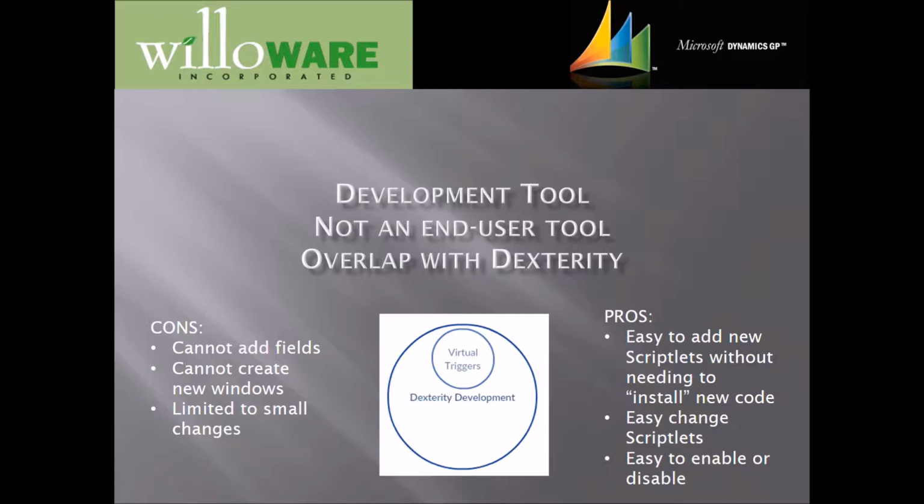Anything that you could do with virtual triggers, you could also do with the dexterity development environment, but not necessarily the other way around. Virtual triggers has a small set of things that it's capable of. The purpose of it is to allow easily adding small tweaks to GP behavior functionality. It cannot create new windows, it can't add new fields, it cannot have its own tables, so it's really limited